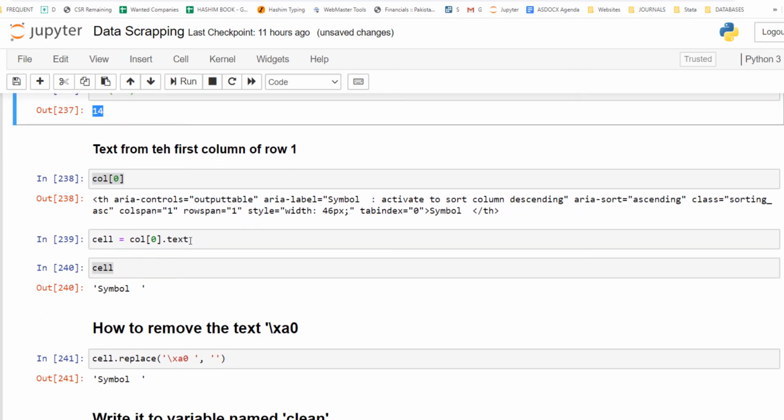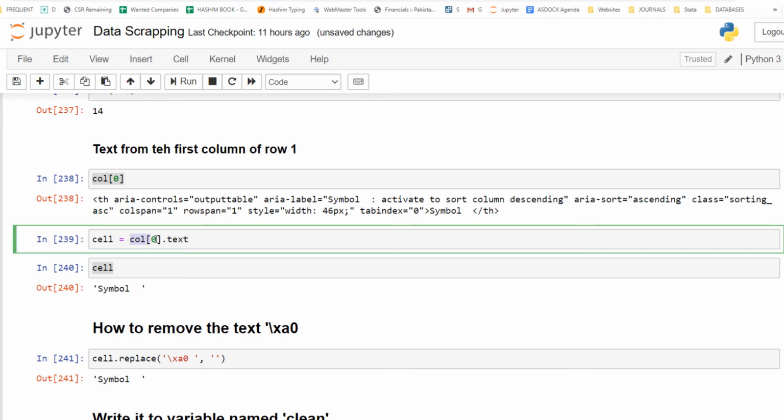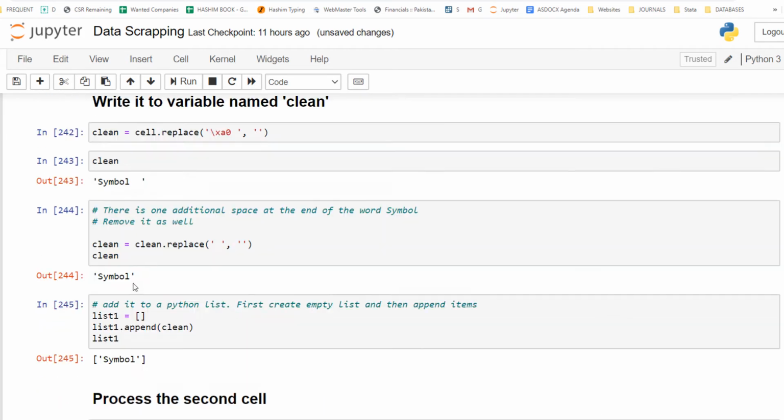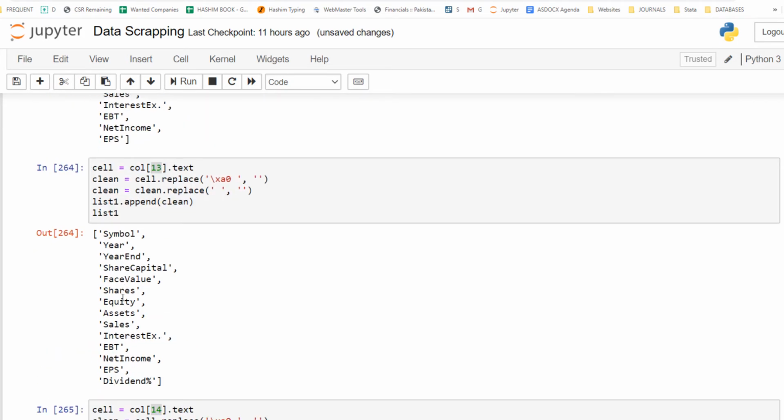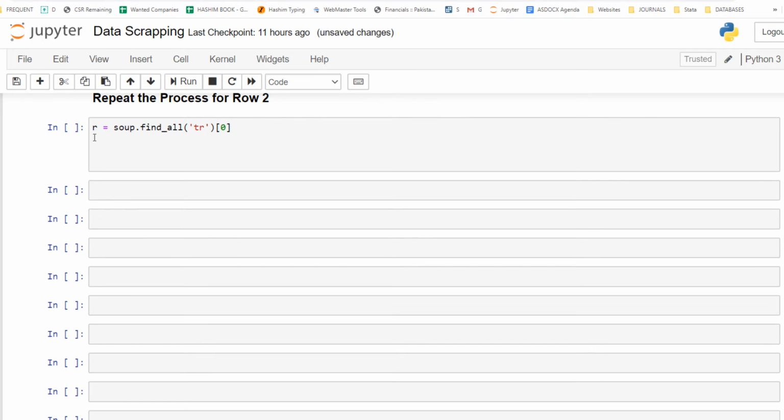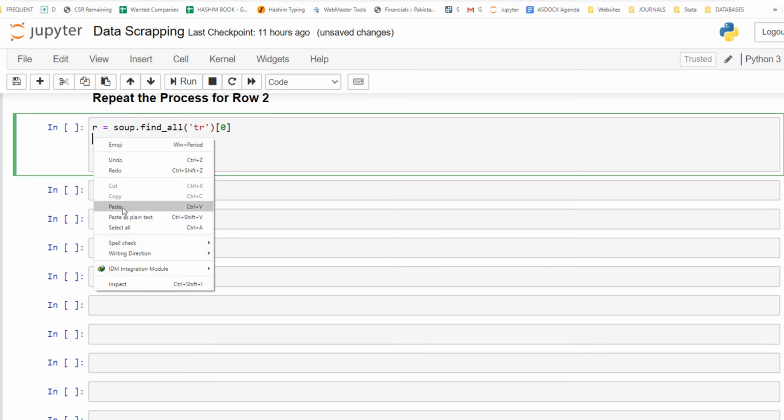So the cell text was extracted using the text object dot text. So let me copy this part as well, because we shall need it in the further process.